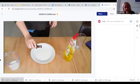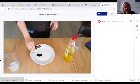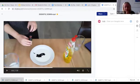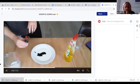So just pour a few drops on. I expect you guys have got much more interesting colours than black, and use as many colours as you like. A variety of different colours would be great. You can use as many different colours as you have in the house. Just try and drop them into the centre there. It doesn't matter if they're overlapping slightly or anything. You can show us pictures and video of the end result. Add your food colouring to the middle,